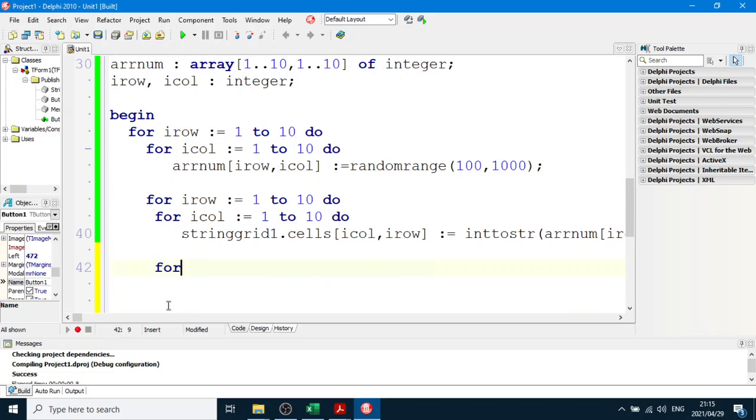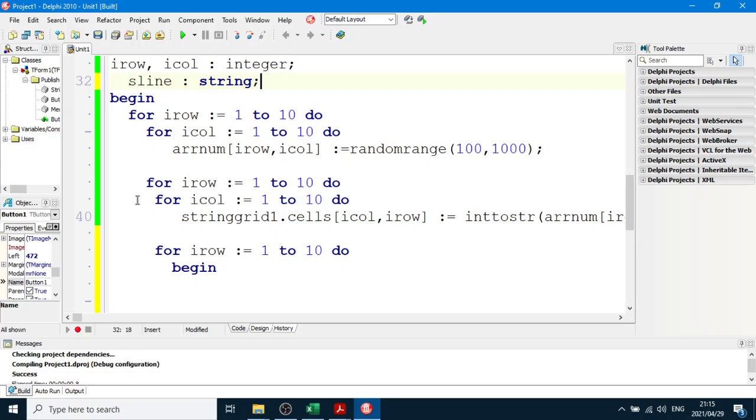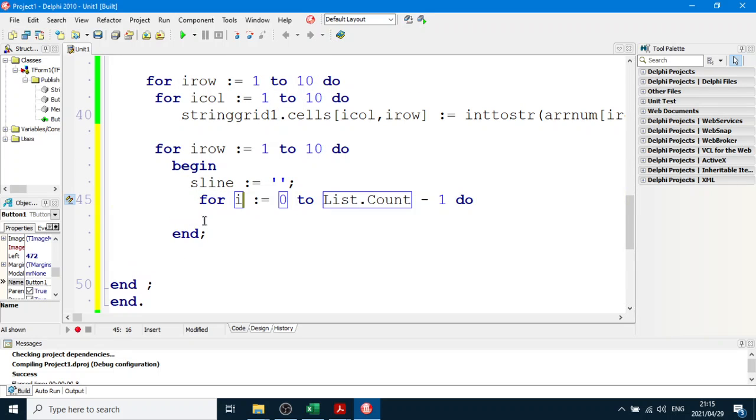So I'm going to say for our row equals 1 to 10, do. Now I must do begin and end, so I'm going to build a line, and we must have a string s line, and I'll set my string to an empty string. And then I'm going to go for our col equals 1 to 10,